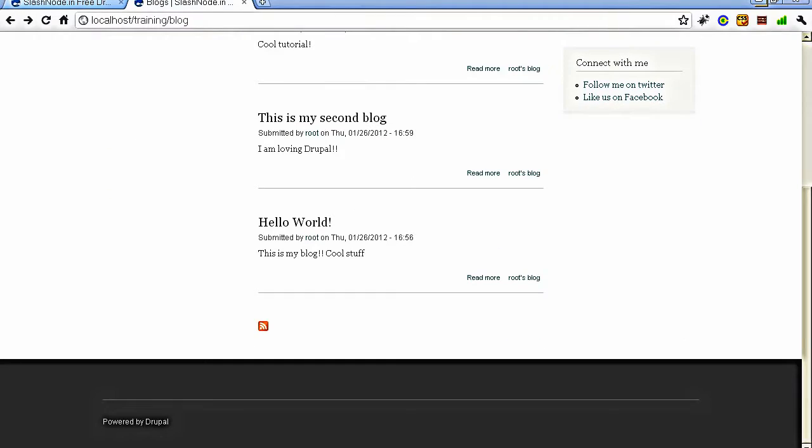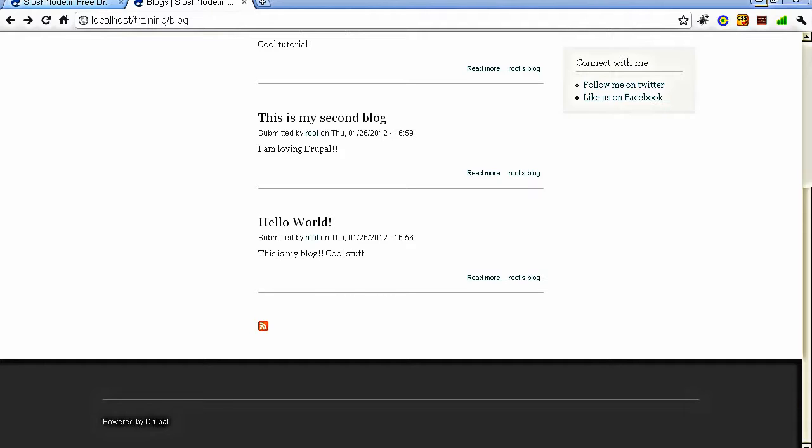Well, there is another thing that I wanted to show you in this tutorial, and that is the RSS feeds. The full form of RSS is Really Simple Syndication, and it is used basically to publish your blog to the outside world. RSS is basically an XML file that is generated every time you add any content to your blog. If you add a new blog entry, then this XML file will be updated automatically by your Drupal website.